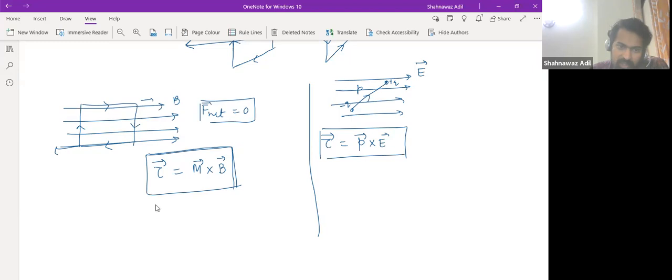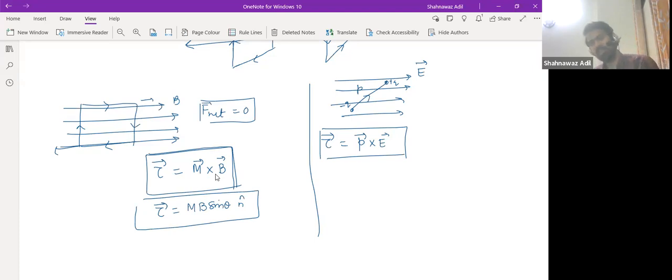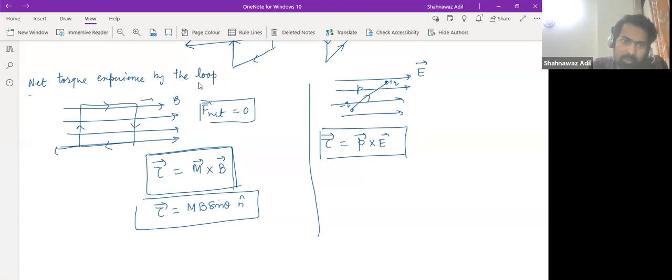This is MB sine theta n cap, and n cap is given by this M cross B using the cross product, right? So this is the net torque experienced by the current carrying loop. So let's say this current is,